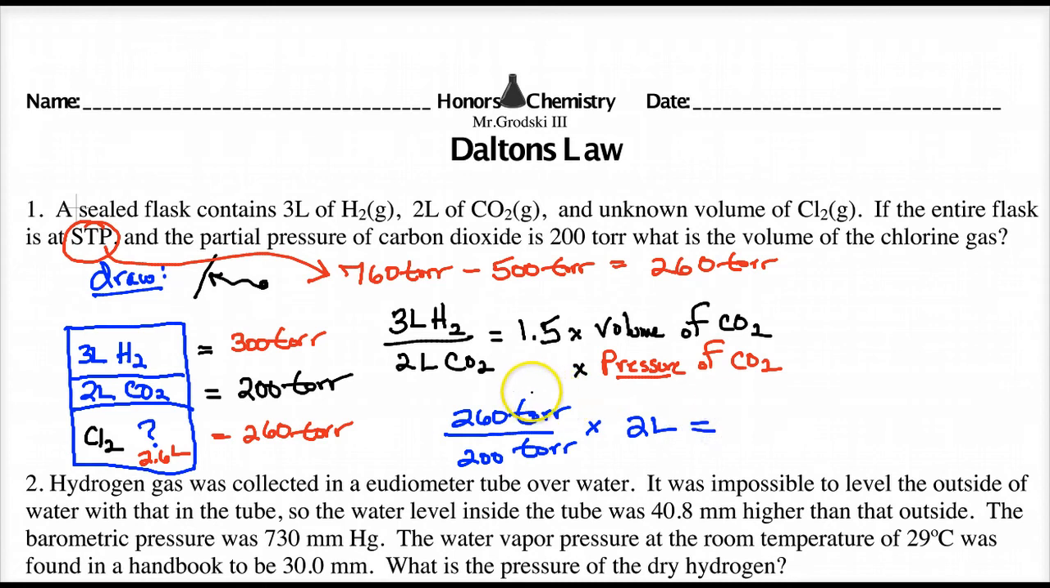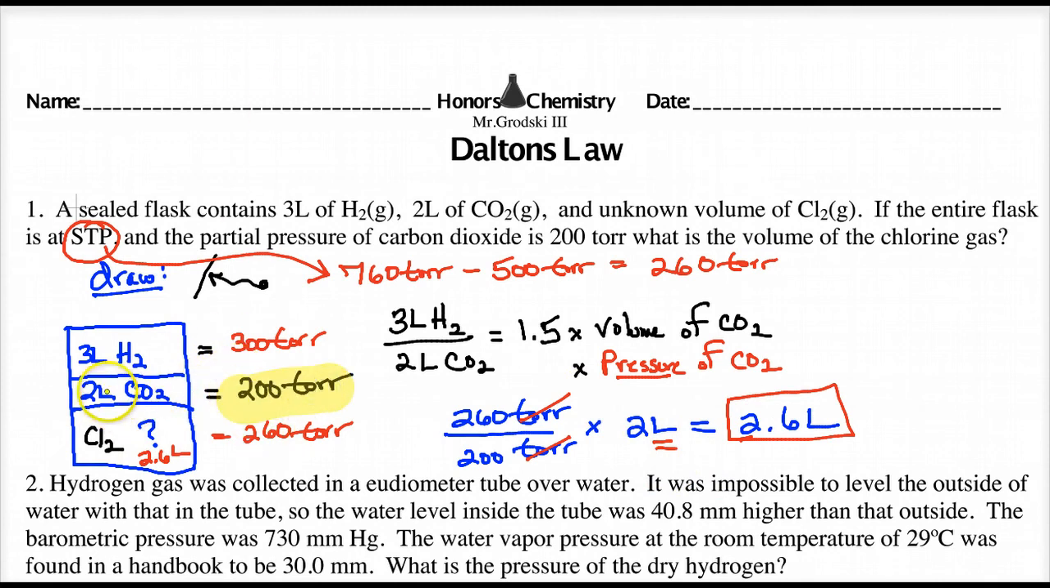Look what I did here, guys. I multiplied by a ratio of pressure to get a volume. Notice the torrs cancel. So 1.3 times 2, you get 2.6 liters. Look what cancels: torr goes bye-bye, you're left with liters. And the answer is 2.6 liters. So just to backtrack, I was given this value here,